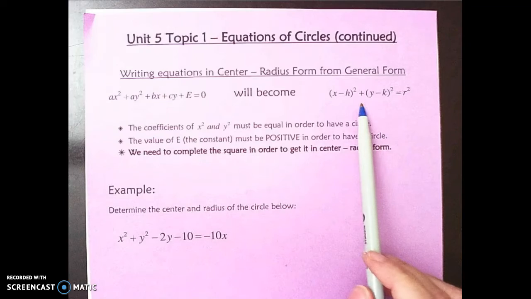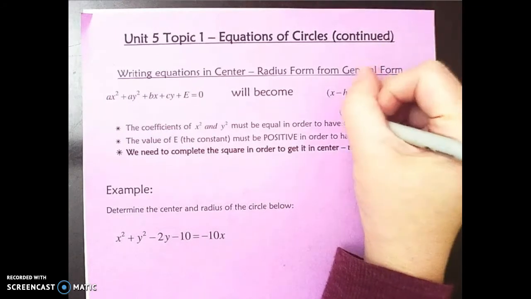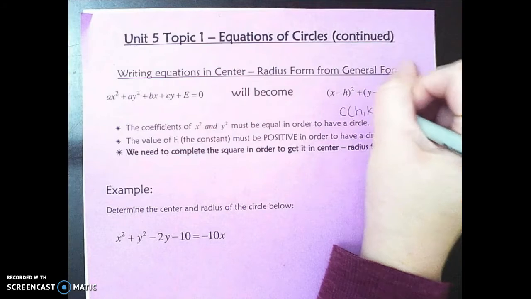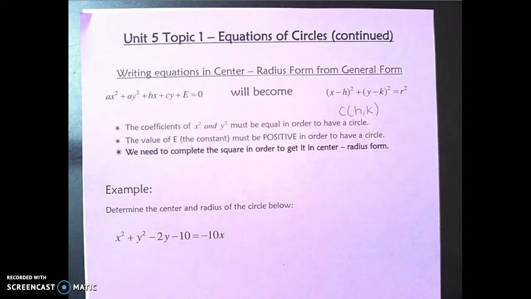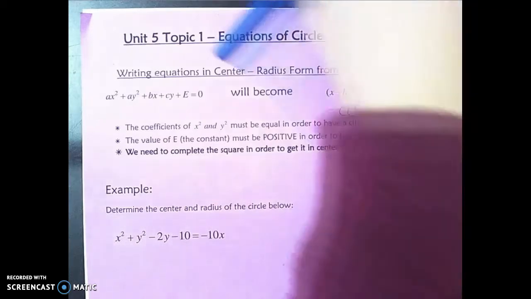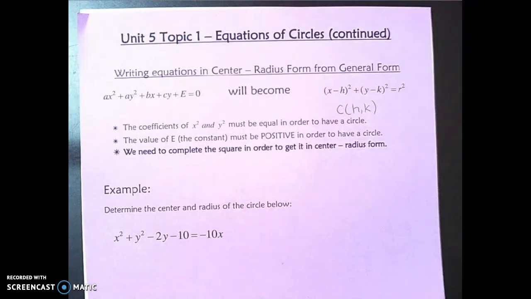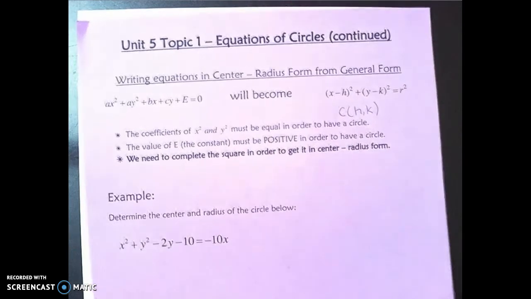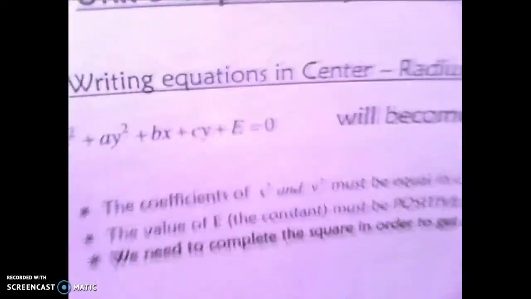This is the form that we worked with last class, where we know that the center is (h, k) and the radius is r. So in order to do this, what we need to do is something called completing the square. And completing the square is actually a skill that you learned last year in algebra. So before we get to that, I just want to review a couple things about multiplying and factoring